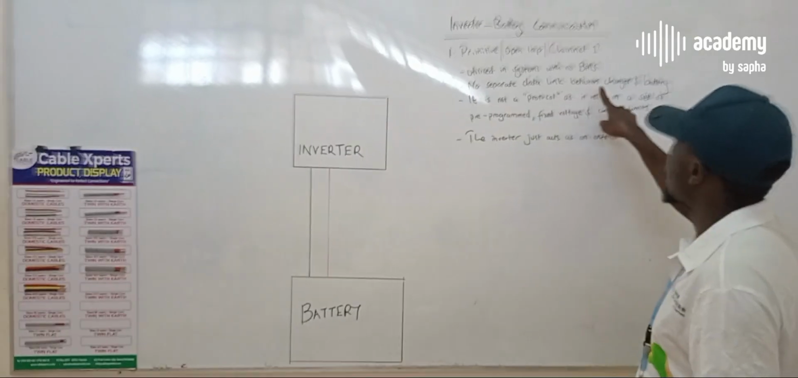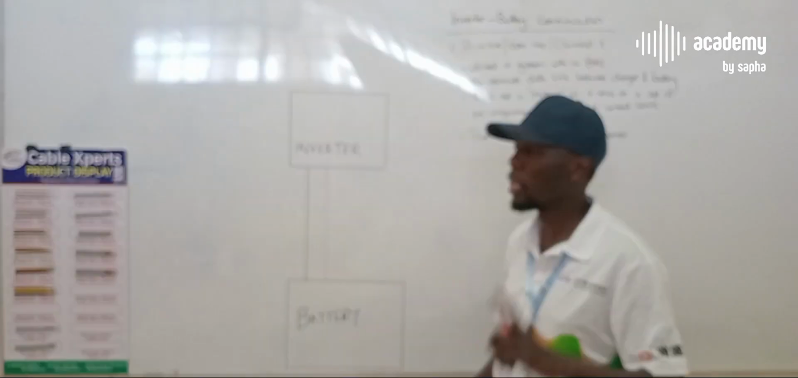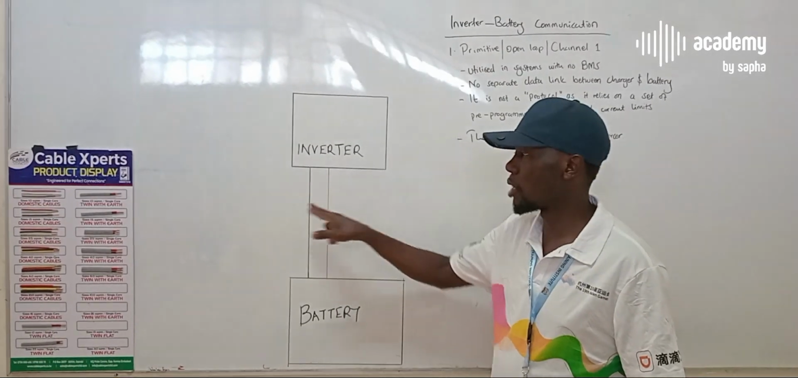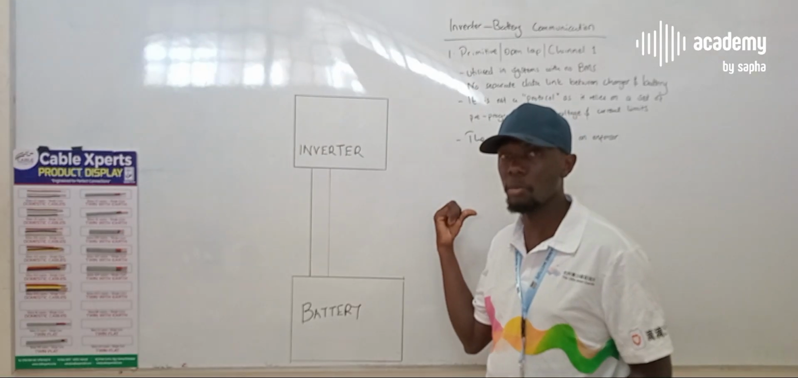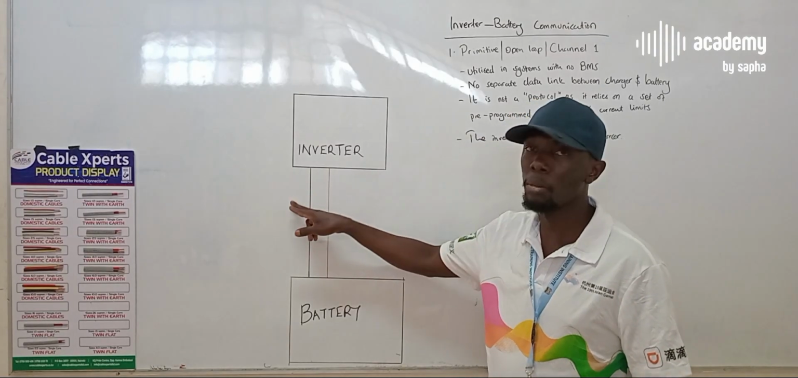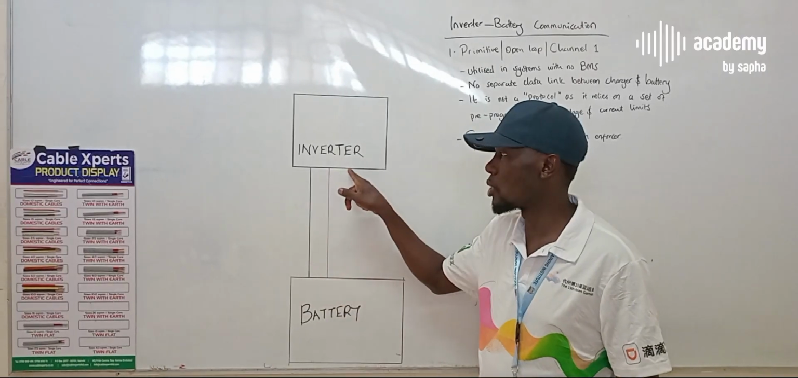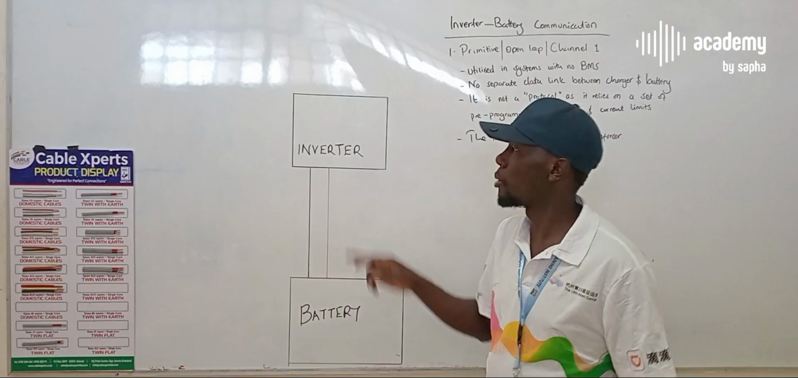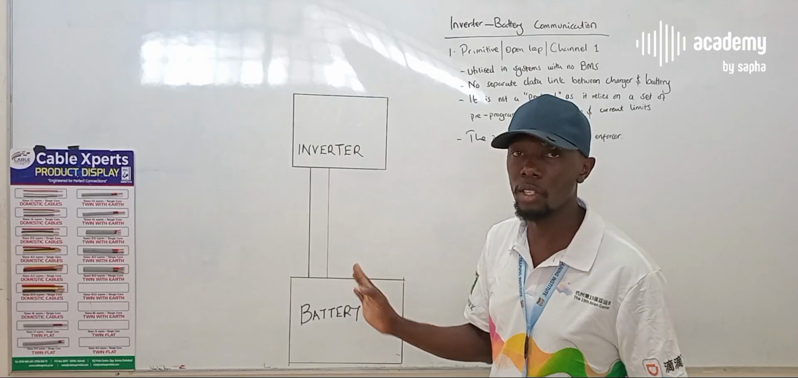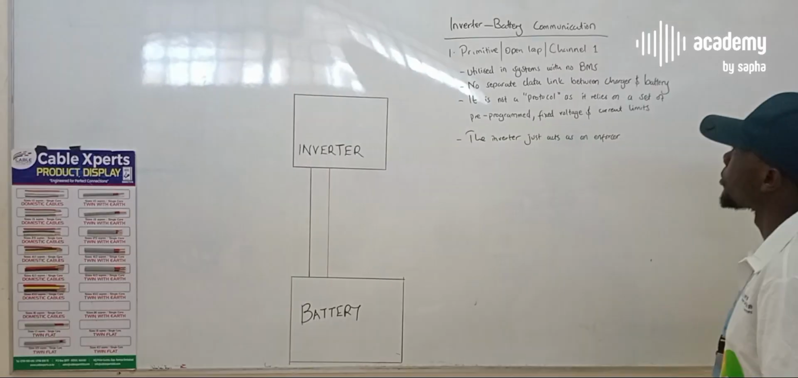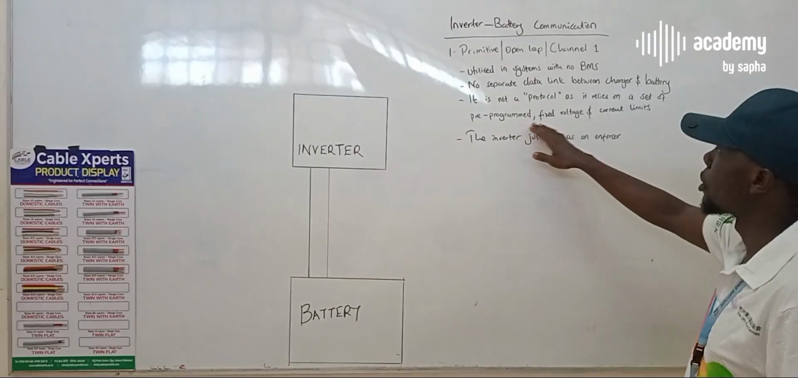So there's no separate data link between the charger and the battery. Between the inverter and the battery, we only have one link, that is the positive and negative cables. There's nothing else. And in modern systems, as you have seen in the previous images or clips, apart from the power cables, there's a second set of cables that is carrying data between the inverter and the battery. But for this system, we only have two cables, the positive and the negative cable. As we've said, it's not a protocol as such, as it relies on a set of pre-programmed fixed voltage and